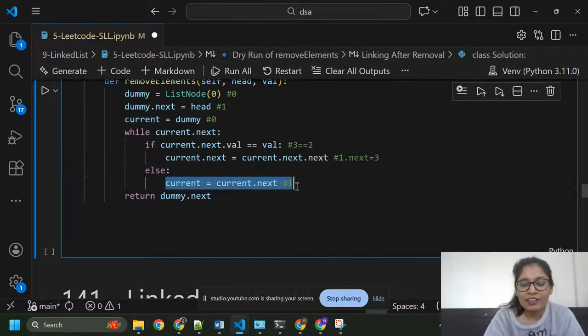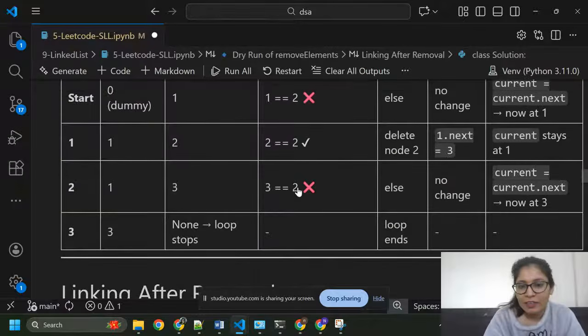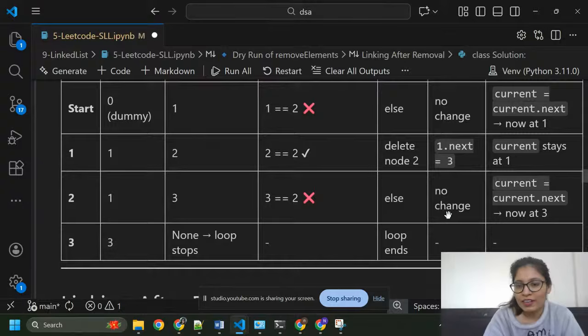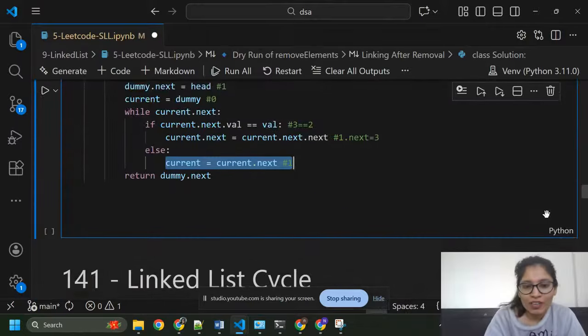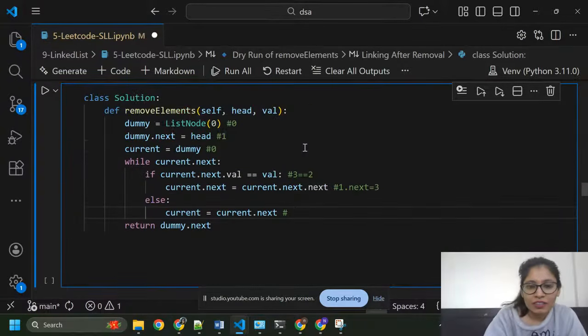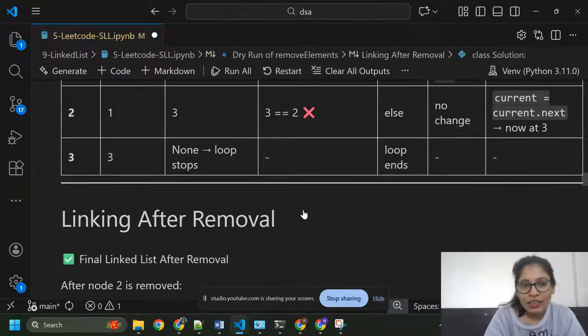Now current equals to current dot next. So 1 is the current element. Now current will become current dot next, that is 3. After 1 what we have? After 1 I have 3 because I already deleted 2.